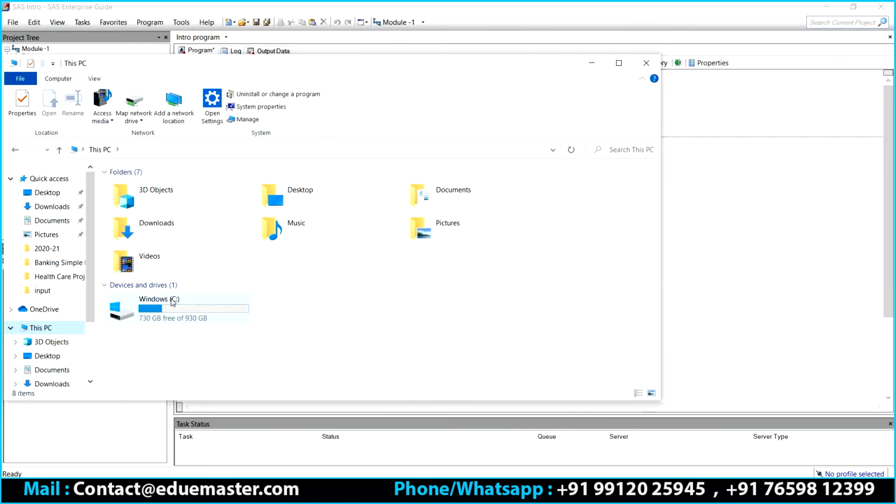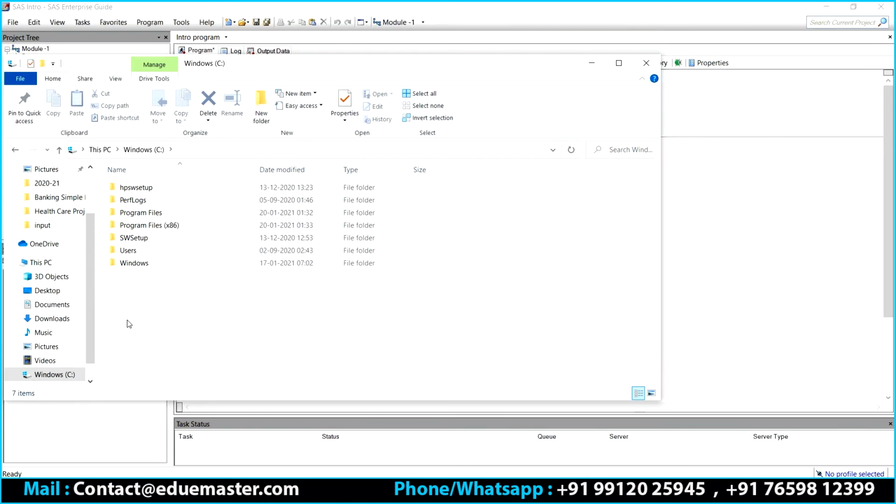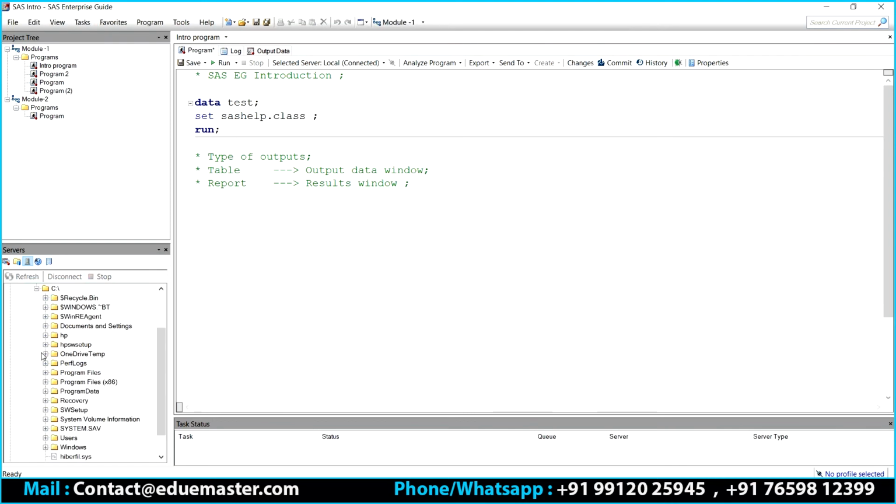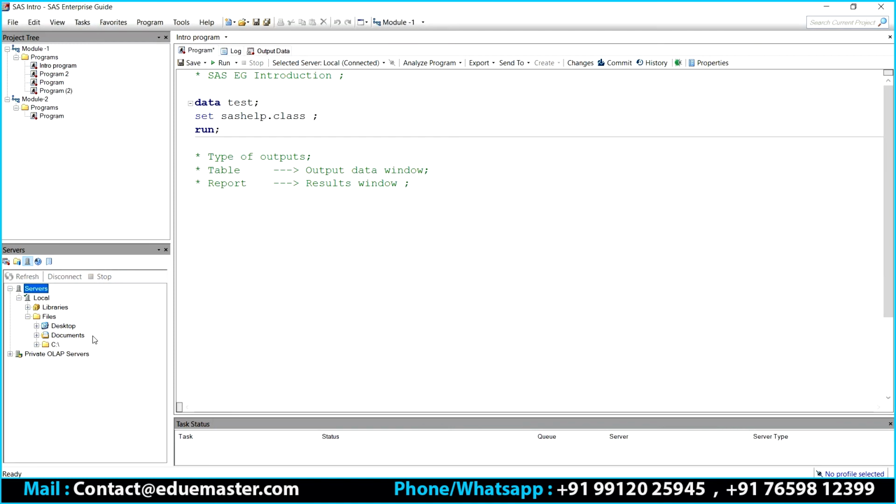I have my C drive, and within the C drive I have my file system, and I can navigate to each folder and continue. The same explorer you can find here. You can see the C drive, and desktop and documents. In whichever server you are, that particular server's file explorer is what you see.